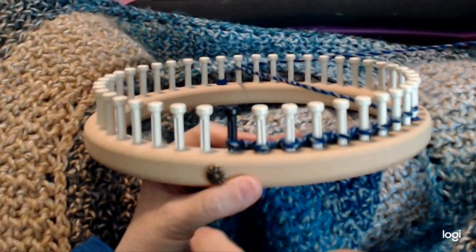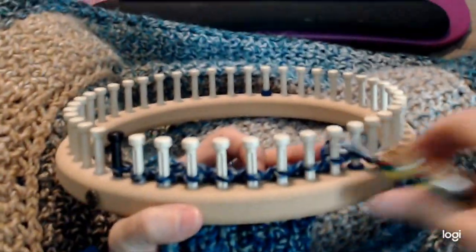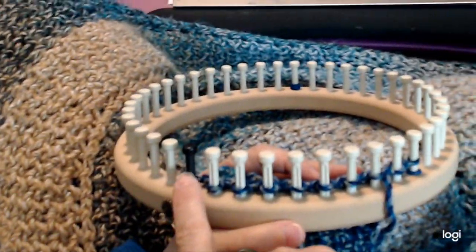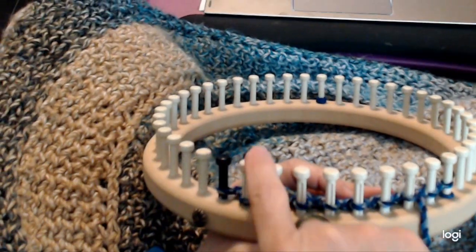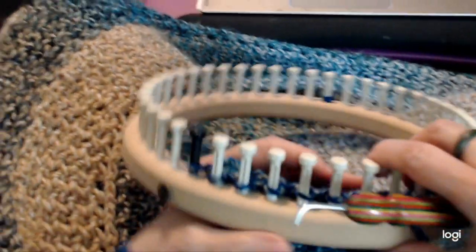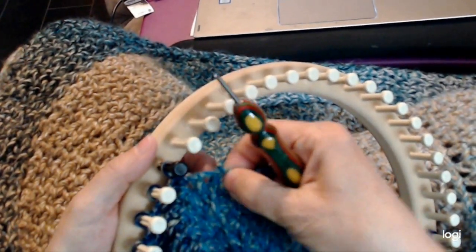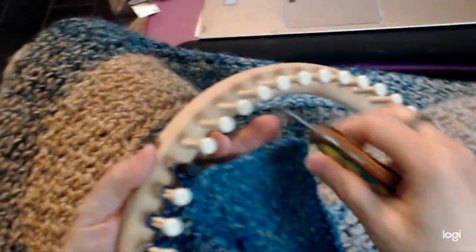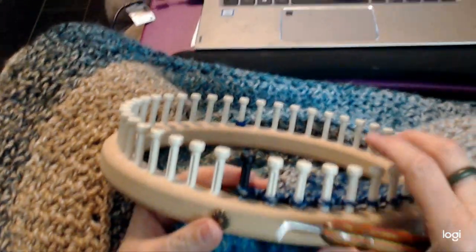Okay, so I have increased all the way till I'm at 10 pegs and then come back. So my next row is my short row. So that's what we'll be doing now, is we'll always be picking up on this one peg, and we'll always be coming back and doing our short row on the 9th peg here. And we'll just keep picking up as we go around, one after the other, always one short row, then one long row where we pick up a stitch, one short row, one long row where we pick up a stitch, until we get all the way back to where we started doing this